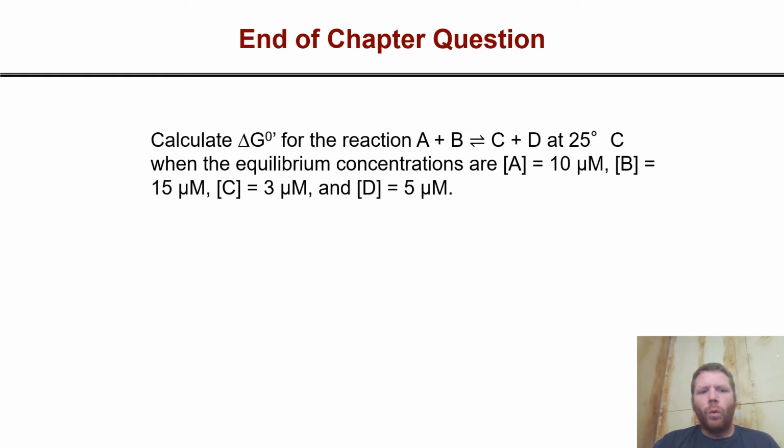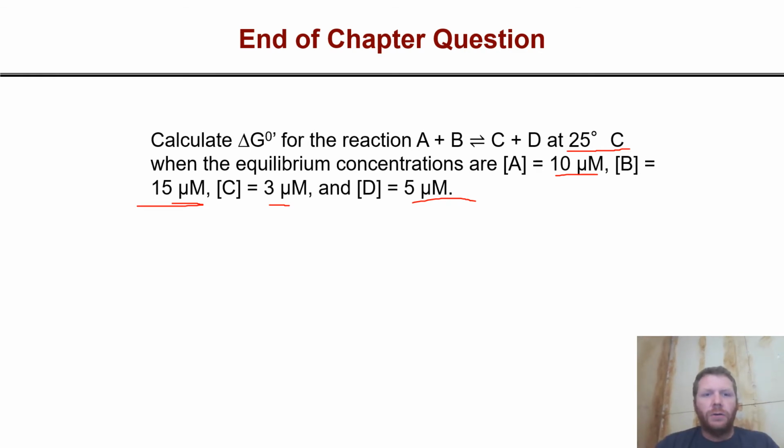Now, one way you can work this sort of problem would be to calculate the delta G naught prime for the reaction A plus B yields C plus D at 25 degrees Celsius. So you're provided with a temperature, when the equilibrium concentrations are A equals 10 micromolar, B equals 15 micromolar, C equals 3 micromolar, and D equals 5 micromolar. So we want to approach this as delta G